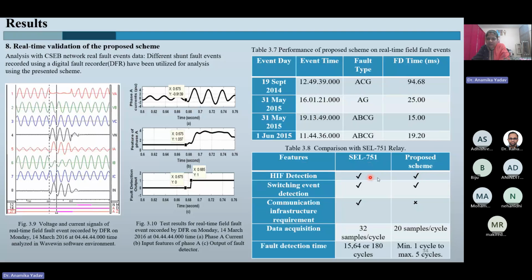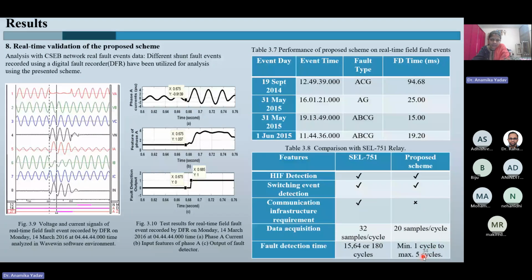Yes, both the relays are able to detect. Switching events detection is also done. Herein, communication infrastructure requirement is there in the SEL relay, but in the proposed scheme it is not required. And the data acquisition rate in the SEL relay is 32 samples per cycle, but for the proposed scheme it is 20 samples per cycle. And fault detection time ranges between 1564 to 180 cycles, wherein in this case it ranges from 1 cycle to